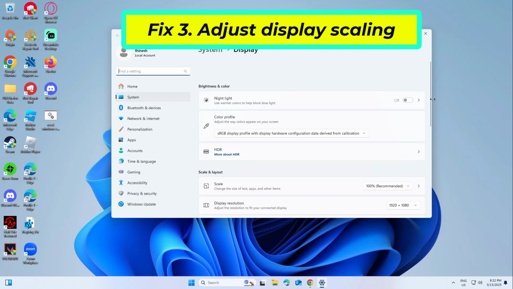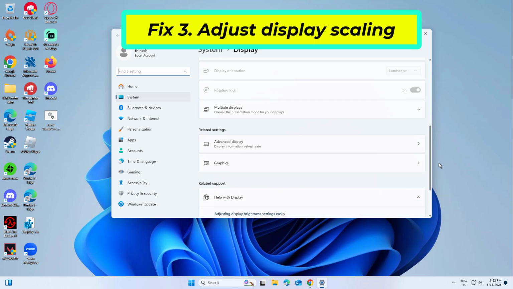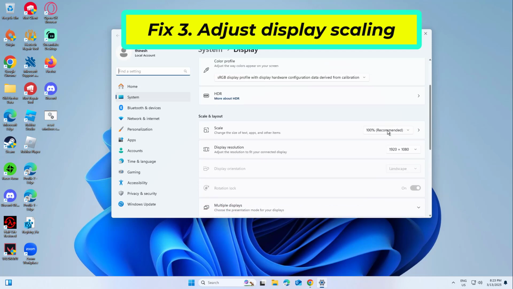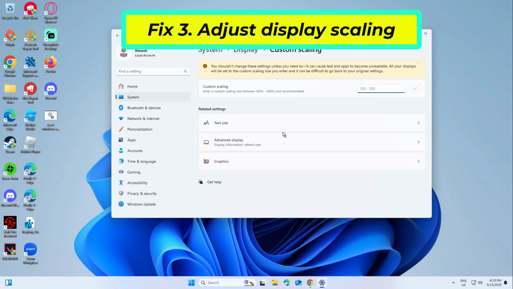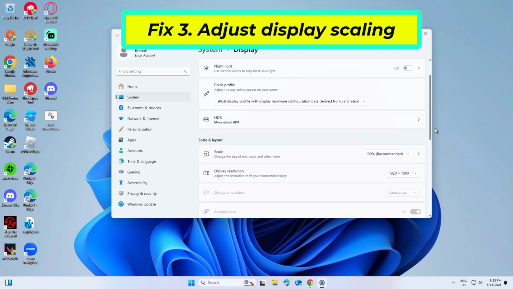Scroll to Scale and Layout and set scaling to 100%. Apply the changes. Test the File Explorer drop-down menus. If that didn't work,